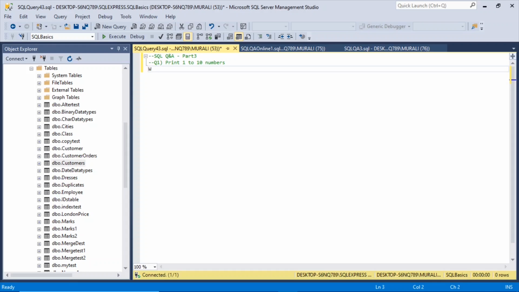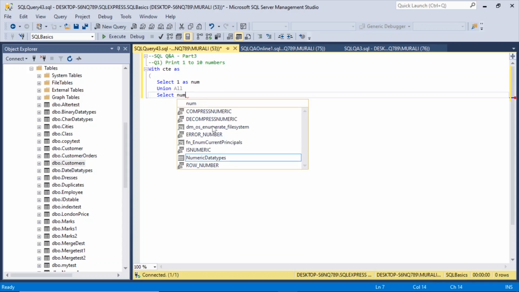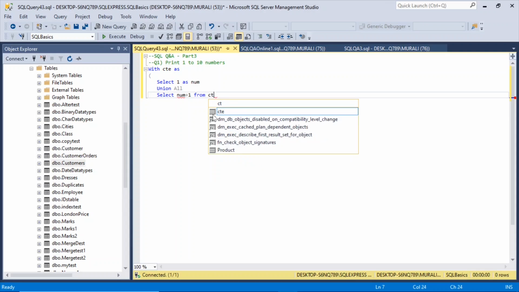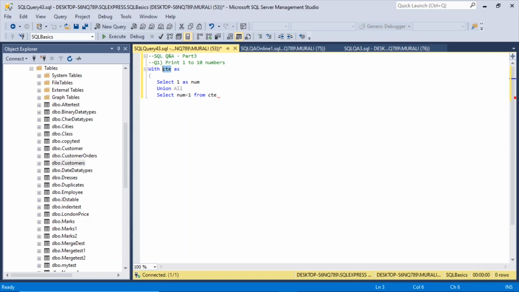So for that, we will take a CTE: with CTE as select 1 as num, and then union all, and then we'll recursively increment this number. We are taking 1 as num and we will increment that num plus 1 from CTE. So inside the CTE itself, we are adding 1 to whatever we get from